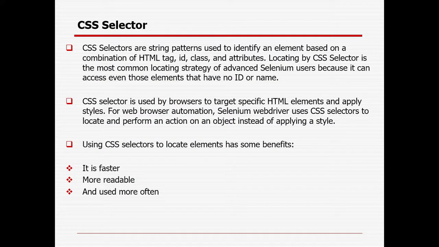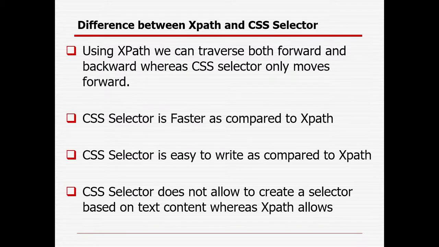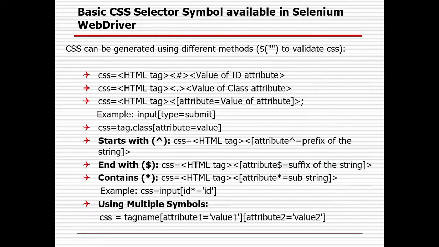And if you don't want to deal with XPath, you can also create CSS selector, because CSS selector creation is easy compared to XPath, but some drawback is still there because you can't go in the reverse direction, you can go in the forward direction only. But CSS selector is faster. Okay, and text is not possible to use, but ends with, another option is available in this CSS selector: starts with, ends with, contains.